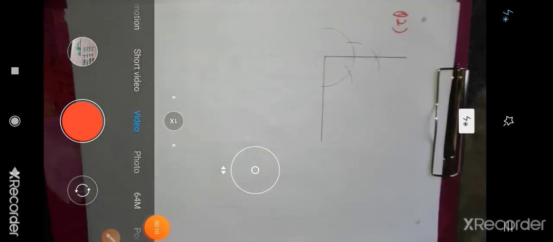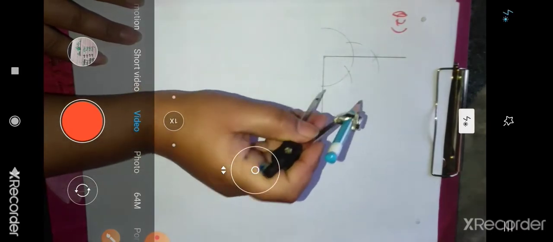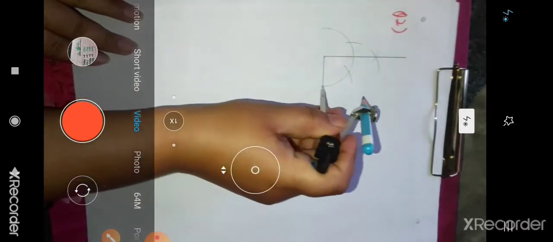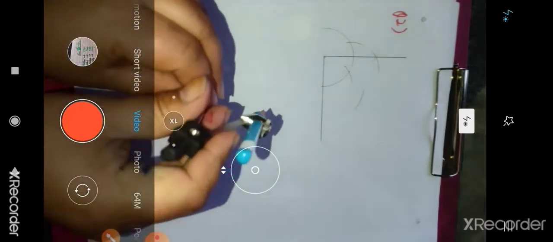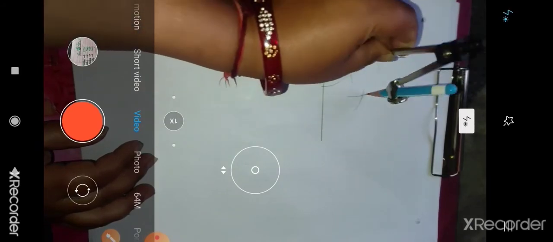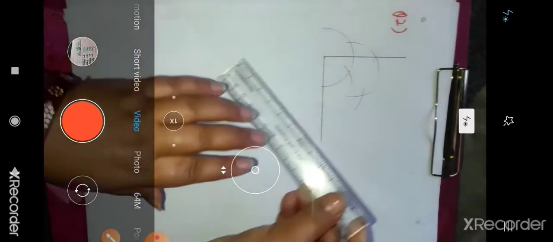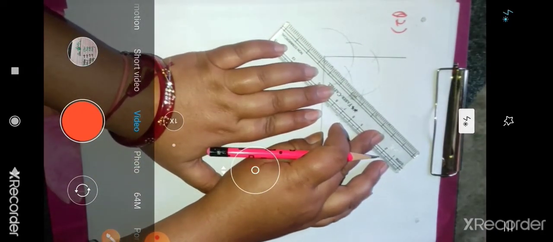Now moving to the next question: construct the angle of 45 degrees, and you have to justify it also. See how we will do it. You can see that we have made the 90-degree angle as we did in the previous question, but now we have to make the 45-degree angle and we have to justify it. So for that, you will take an arc from this point and cut it like that. Similarly, the same arc, without shaking it, you will cut from this point, and this arc will intersect the previous arc. Now you will join a line joining this point and this point.